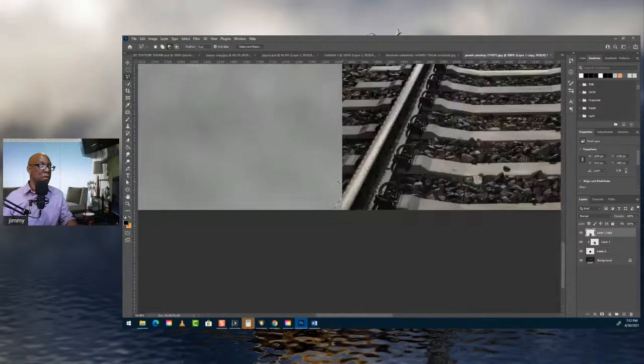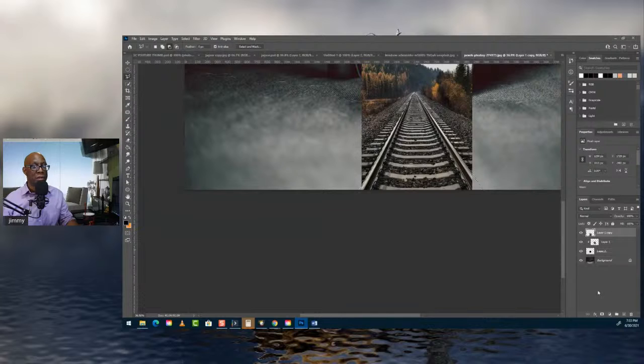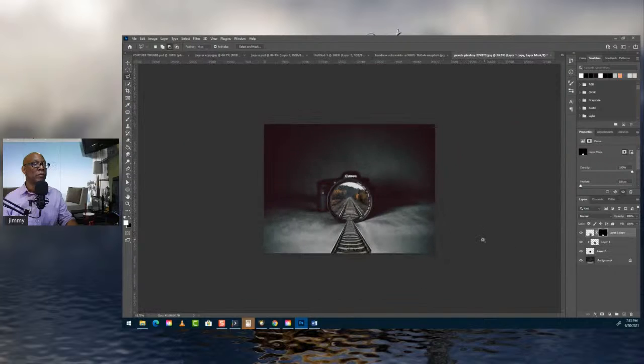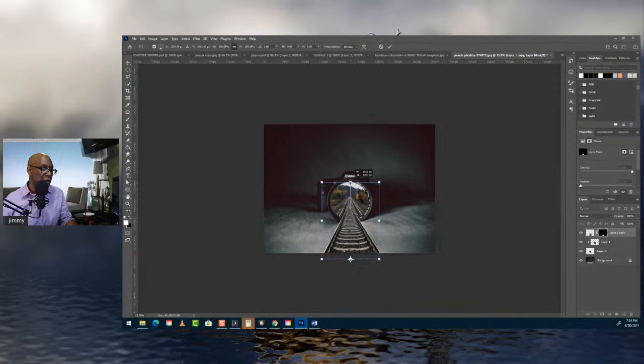All right. I have my selection and then I'm going to mask. So we have that. And now I'm going to transform. I want to move it down, and then I'm going to take this here and size it up until